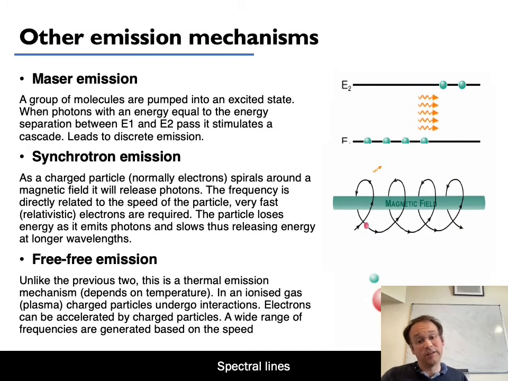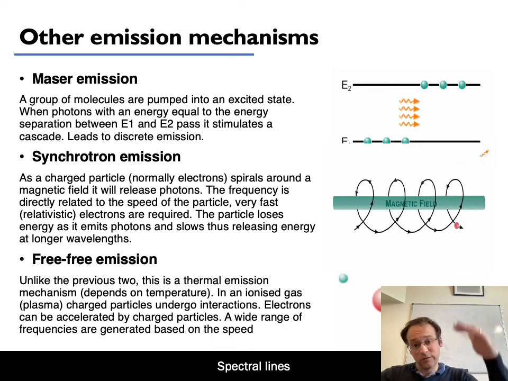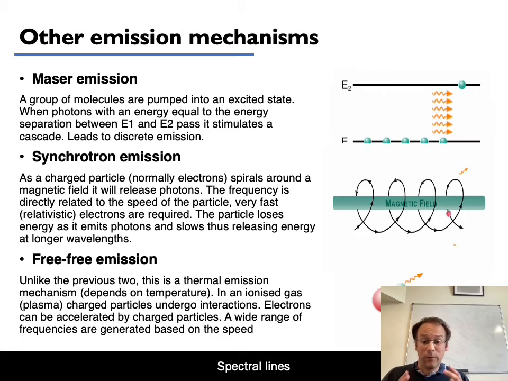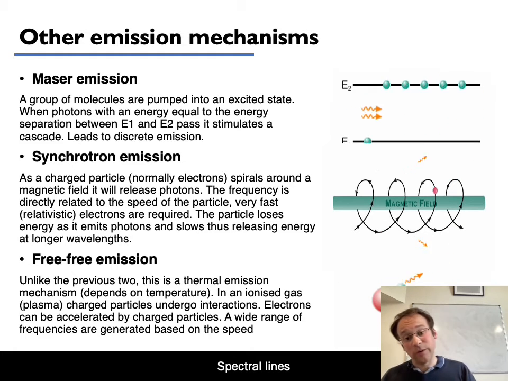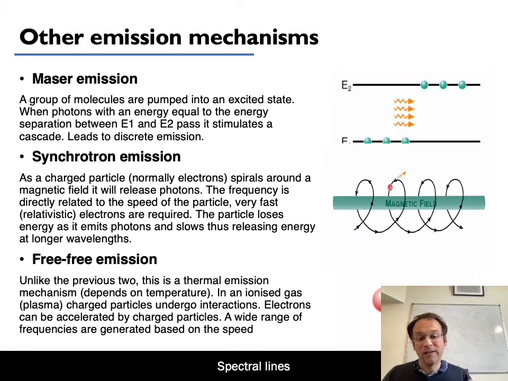That's because there's been a secondary process, a pumping mechanism, that has moved a significant fraction of the atoms or molecules to the upper level associated with this transition, through some sort of incident continuum emission that has moved them up to higher energy levels, which then cascade down to the upper level. What that ends up doing is essentially multiplying the incident photons of a fixed wavelength coming through this medium. You end up with many more photons at that same wavelength, and potentially a very strong emission line